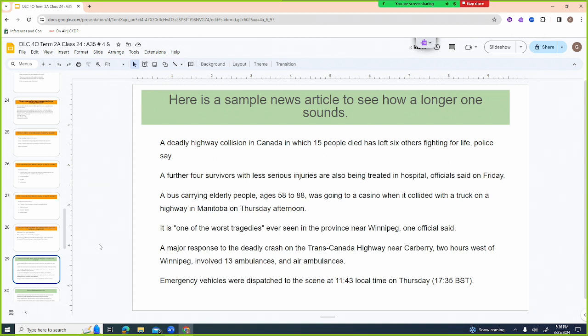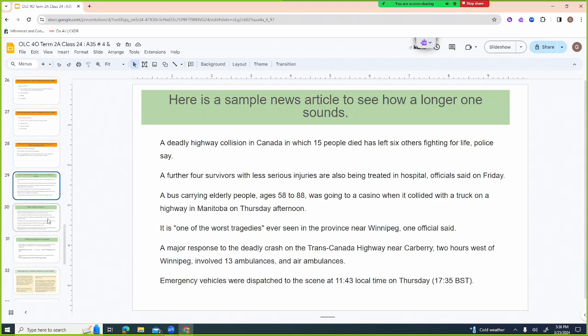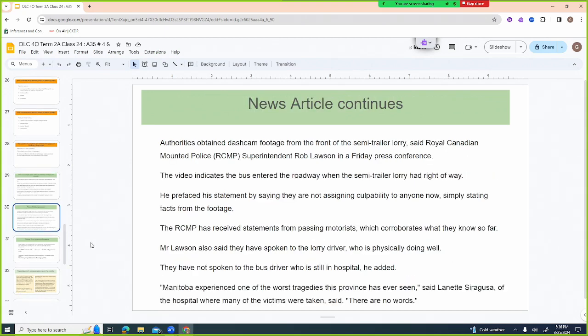A major response to the deadly crash on the Trans-Canada Highway near Carberry, 2 hours west of Winnipeg, involved 13 ambulances and air ambulances. Emergency vehicles were dispatched to the scene at 11:43 local time on Thursday, 17:35 BST. Authorities obtained dashcam footage from the front of a semi-trailer lorry, said Royal Canadian Mounted Police Superintendent Rob Lawson in a Friday press conference.